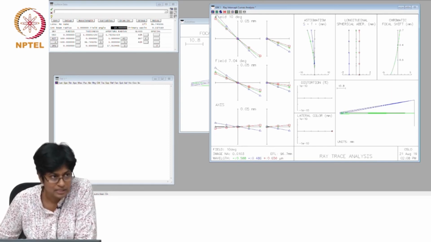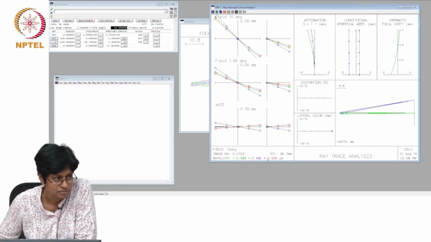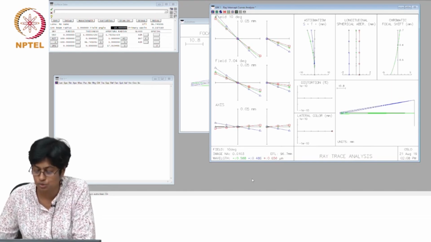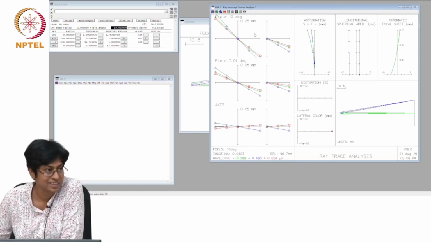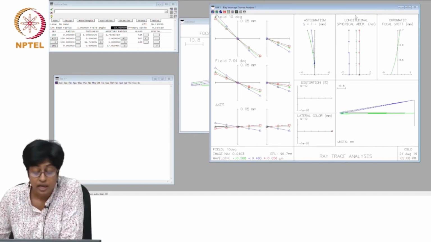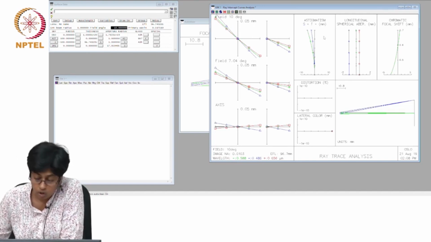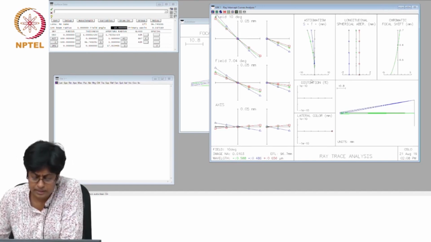For the meridional rays, I plot the entire x-axis, but for the sagittal, I only plot half. Okay, I'm only plotting half the axis and I stop here. So you need to tell me why that is. Okay, I leave that to you to ponder over. Okay, so this whole column or this panel here was the ray intercept curves. The upper 3 graphs are now giving you the longitudinal errors. The y-axis is ray height. These 2 are ray height, and the x-axis in the case of the curve labeled astigmatism